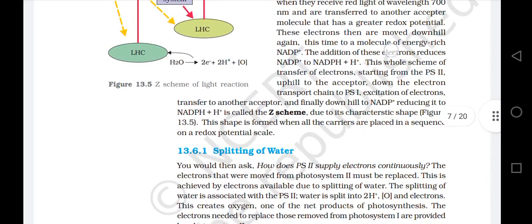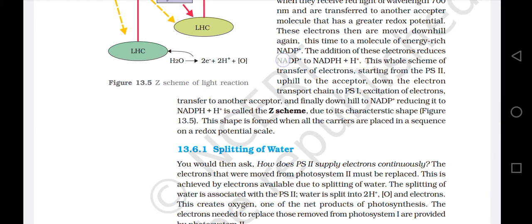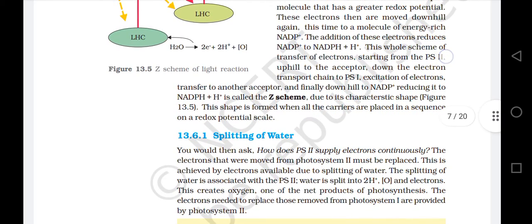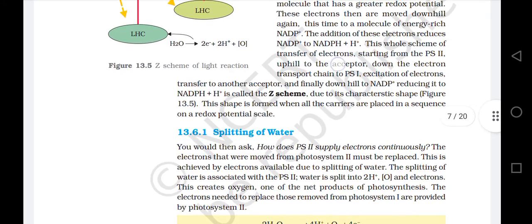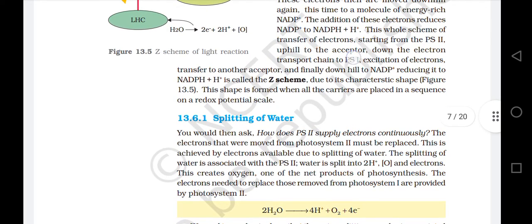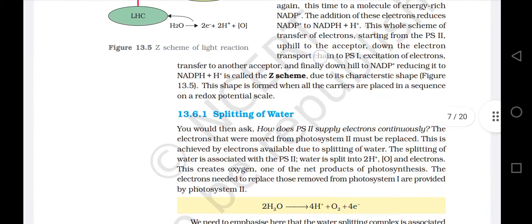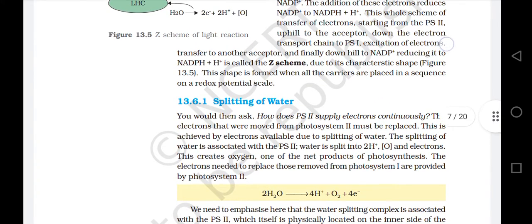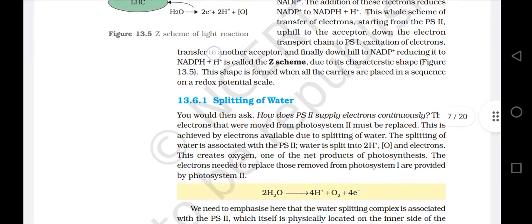The addition of these electrons reduces NADP+ to NADPH + H+. This whole scheme of transfer of electrons, starting from PS2, uphill to the acceptor, down the electron transport chain to PS1, excitation of electrons, transfer to another acceptor,